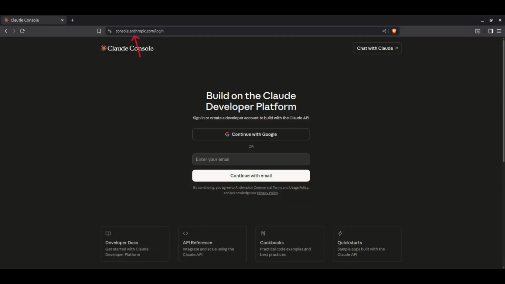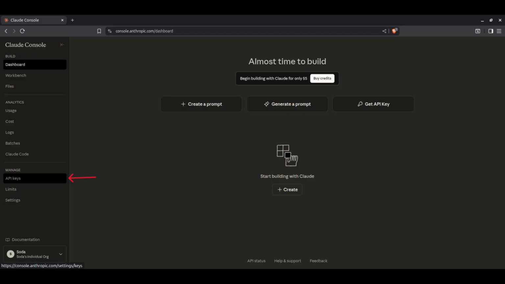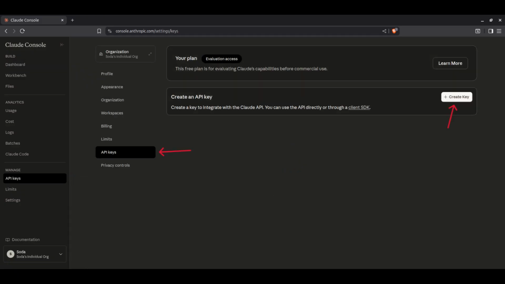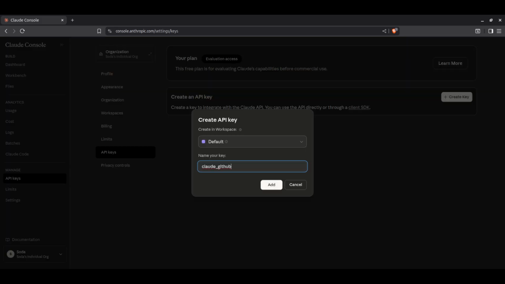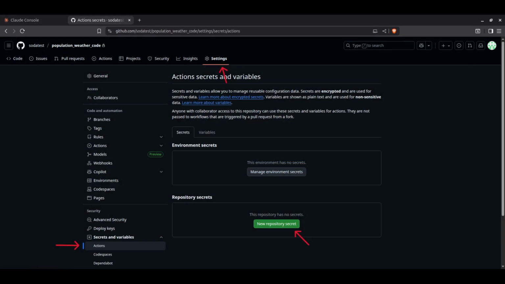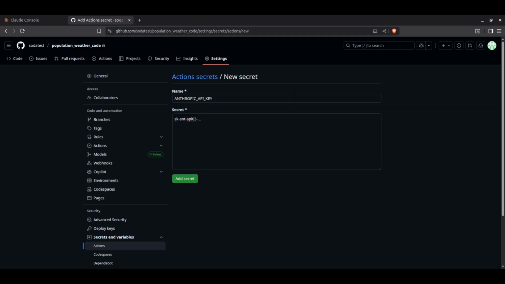For the AI checks to work, we need to obtain an API key, which we obtain at console.anthropic.com. Once authenticated, we navigate to the API keys menu and create a new API key. The name can be whatever. We copy the key, return to one of our GitHub repositories, and click on Settings, Secrets and Variables, Actions, New Repository Secret. The name here is not the one from the Anthropic site. The secret's name must be exactly the one we show in this form,